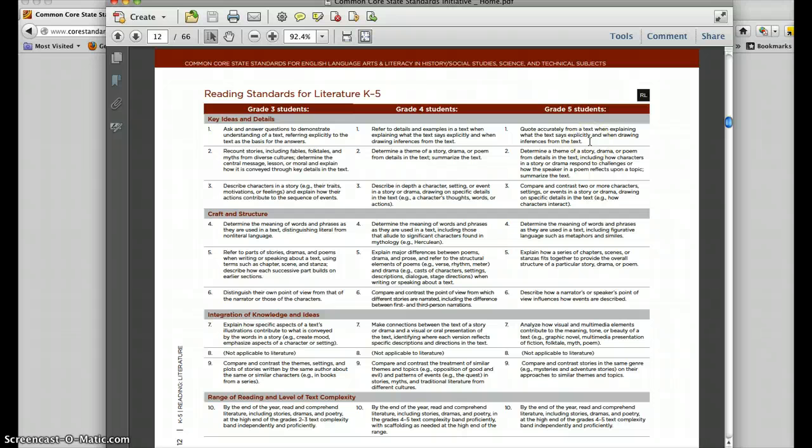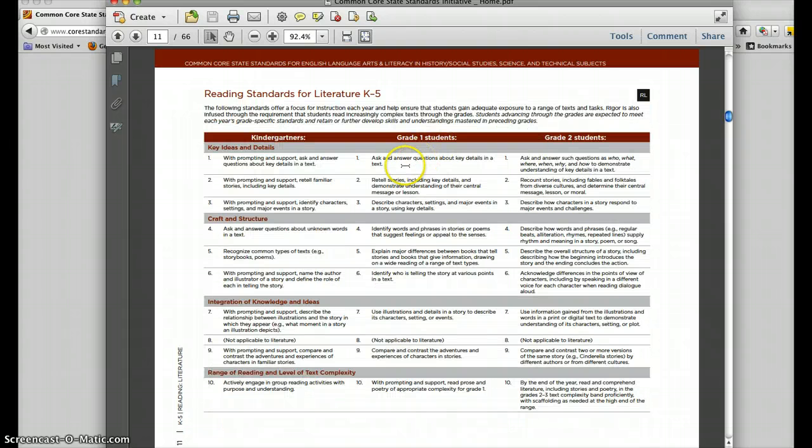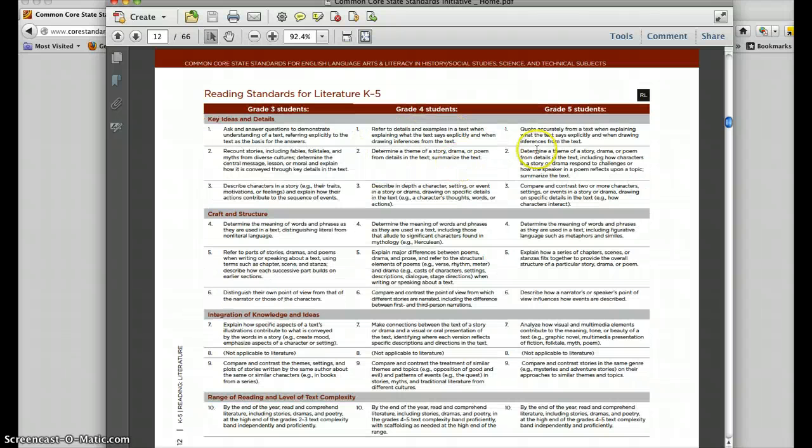Quote accurately from a text when explaining what the text says explicitly and when drawing inferences from the text. There's no way the student who's reading on a first grade level is going to be able to do that, but I need to know where we're headed and where he's supposed to be. So that's actually forward mapping, where we're looking at ability level first and going to grade level. Backwards mapping is when you actually start at grade level and you see, so under here we'll go to craft and structure,